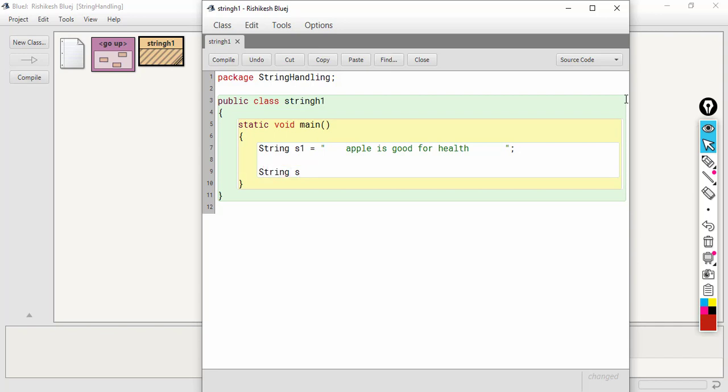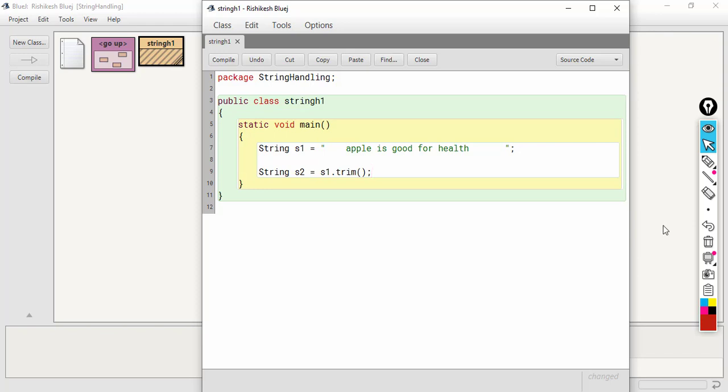Let's create another string s2, and we will call the trim function just like any other function. When we need to call an object's method, we have to write the object name, dot, method name. Here the object name is s1 and the method name is trim, so s1.trim.